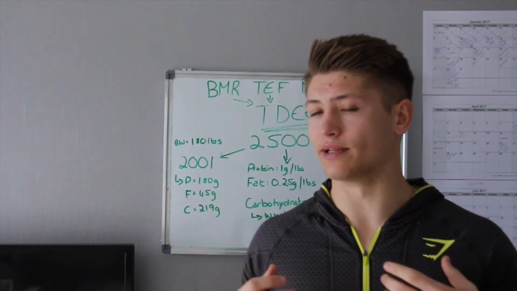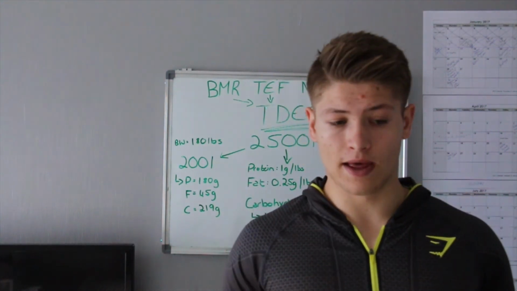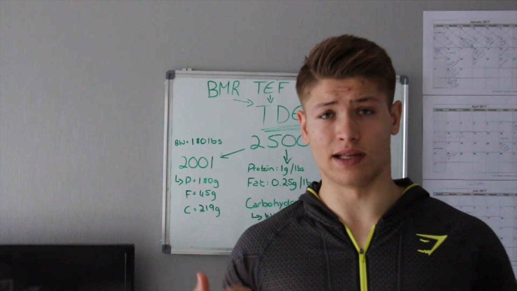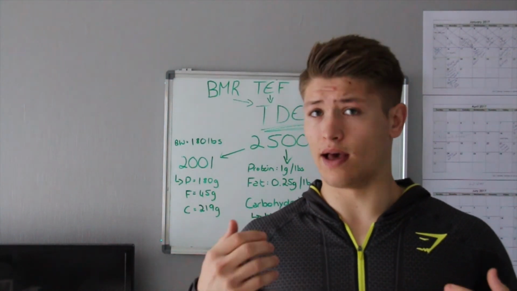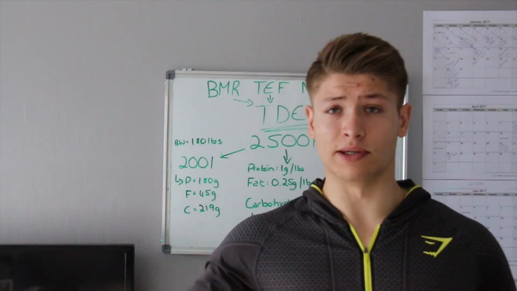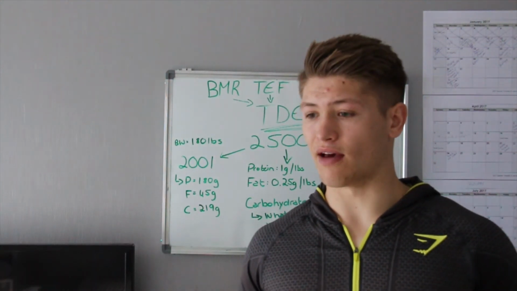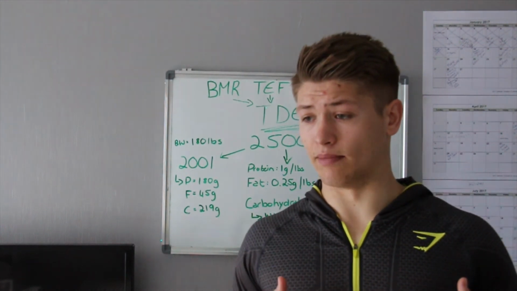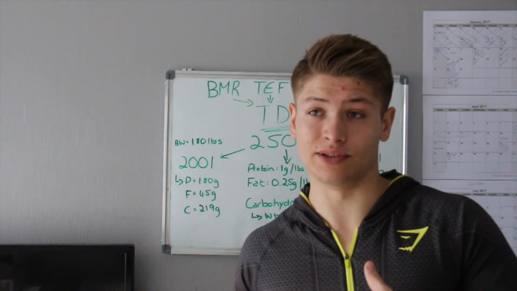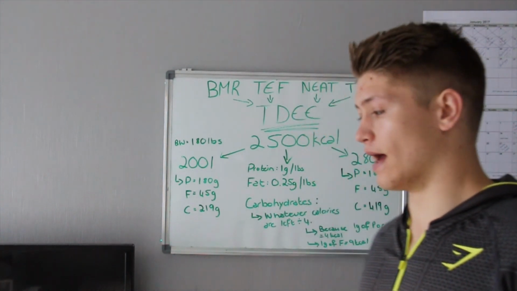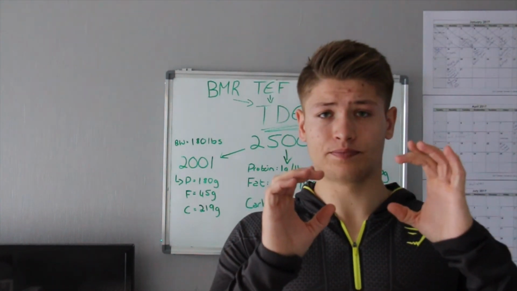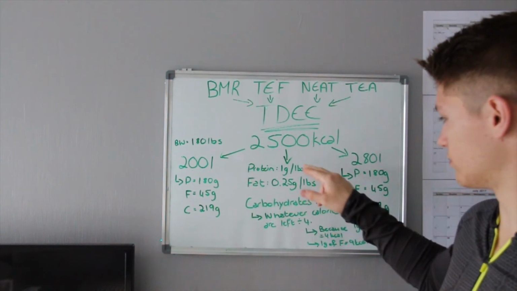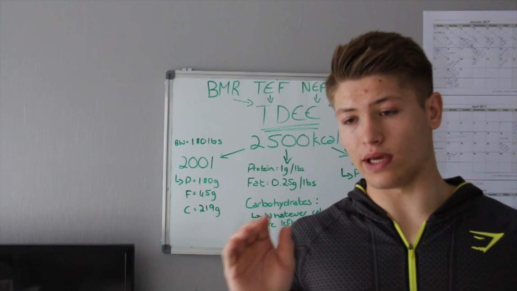Now this will theoretically be your maintenance calories, and obviously everyone's different, so someone who might be the same height and the same weight with the same activity level and who works out just as much as I do, just as hard as I do, might have a higher metabolism and has to eat more calories to gain weight, or less calories, more calories than I do to lose weight, you know. So yeah, what I would usually suggest is you get that number, plug in these numbers to get these numbers, whatever, maintenance, and then you eat according to those